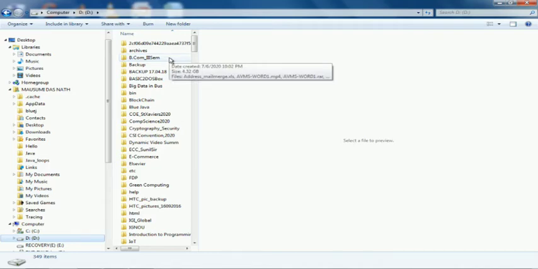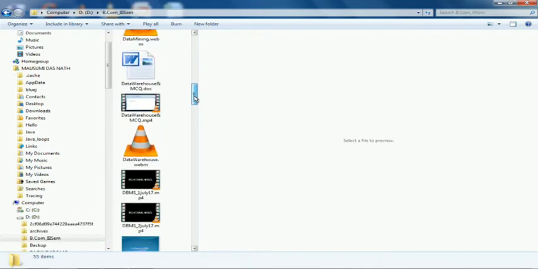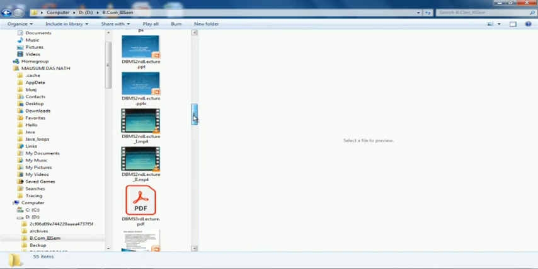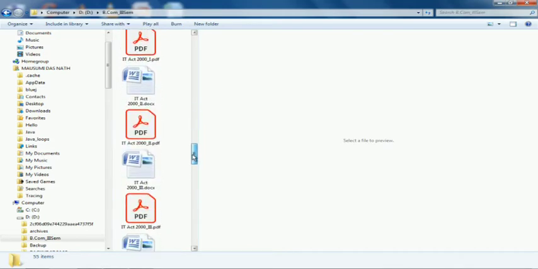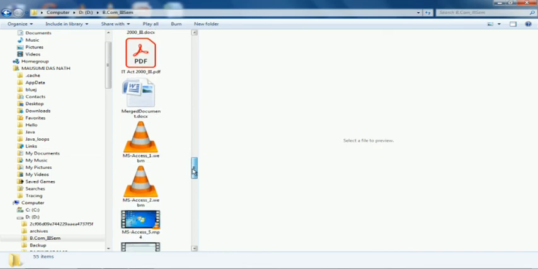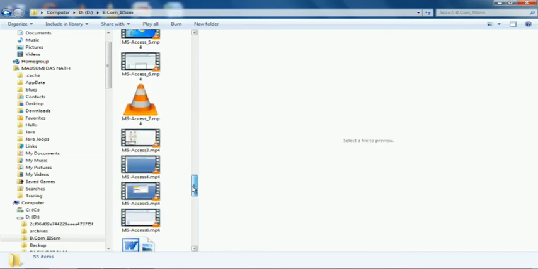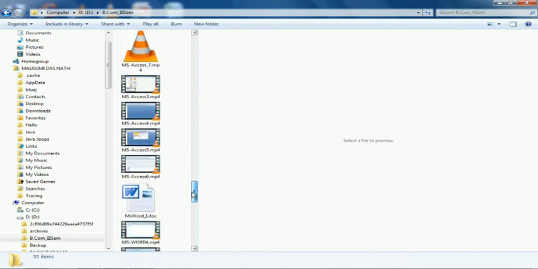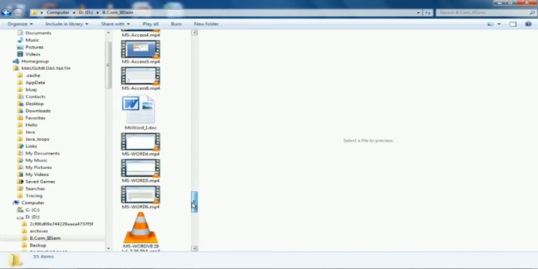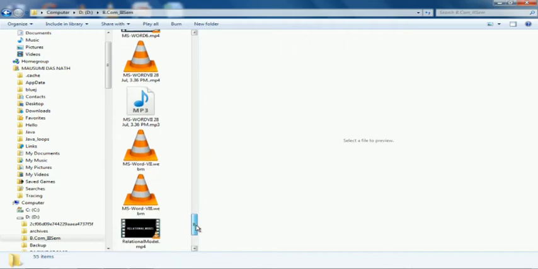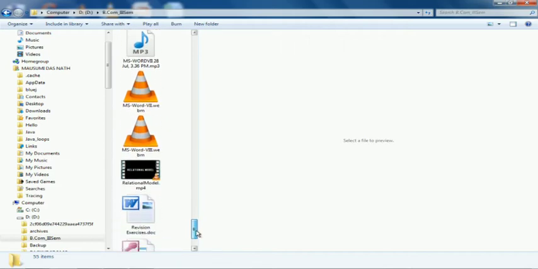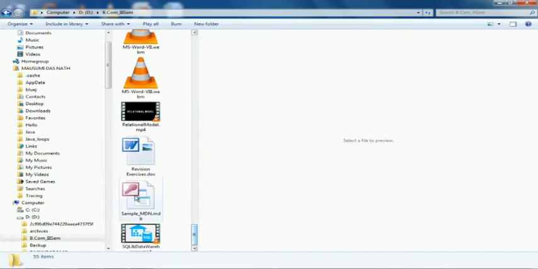Today I am going to show you how to create a report in a database. There are 4 objects: tables, queries, forms and reports. Forms we have already done.